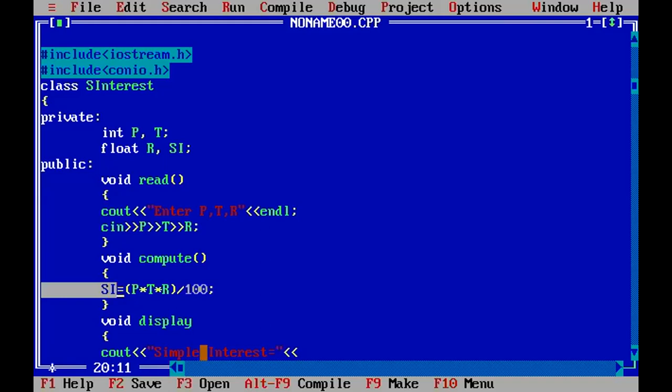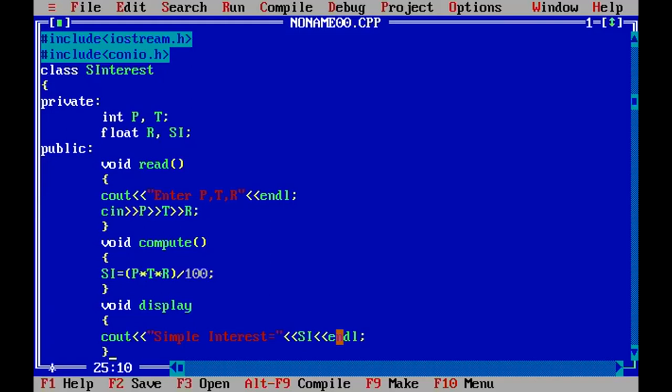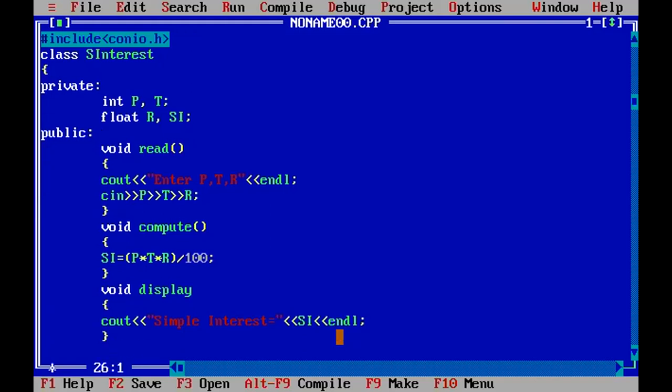This is where we have calculated it, and I would like to print that value. So I'm going to print SI and use endl if required. Otherwise you can just leave it, close your member function display, and close your class by putting a semicolon, indicating that's the end of your class.